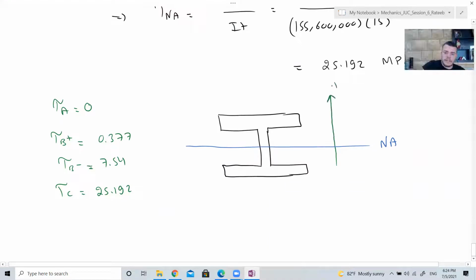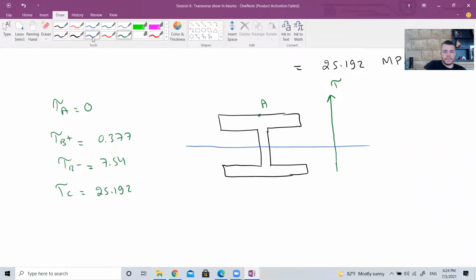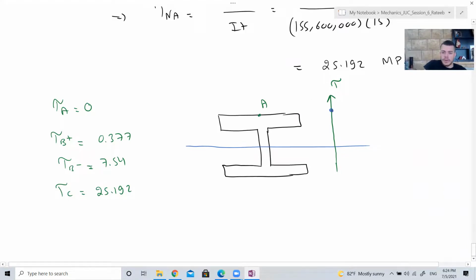This is the shear stress. What is tau at point A? It's 0. So we start from 0. What is tau at point B plus? It's 0.377, then it jumps to 7.54. This is B. And at C it's